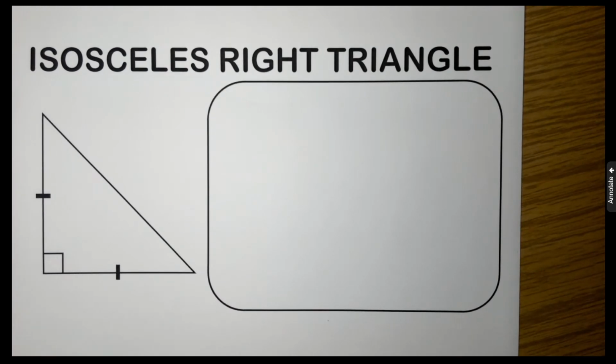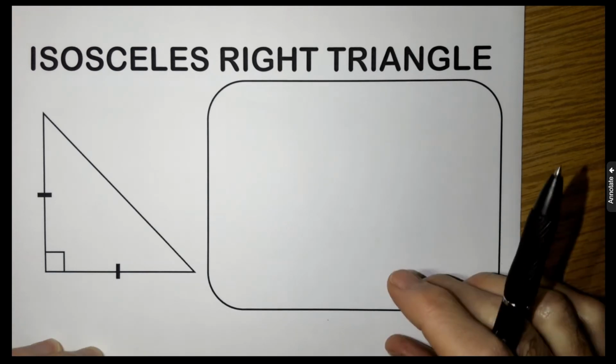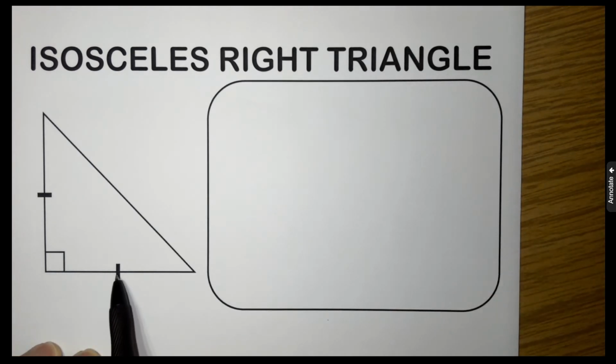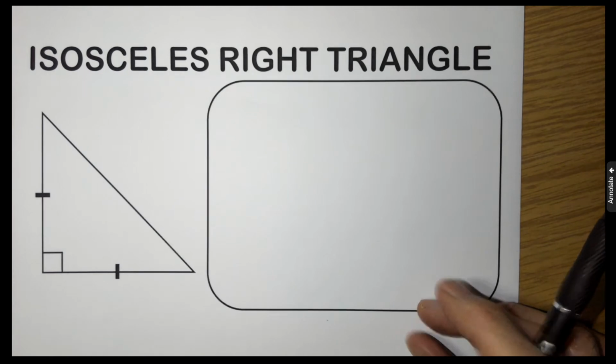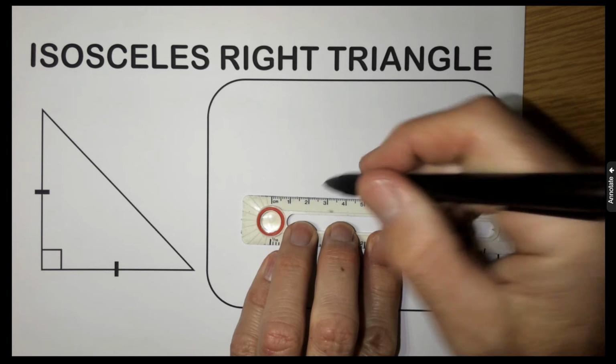Next, we are going to construct a right isosceles triangle. One way to do this is to make a perpendicular bisector construction so that we have a right angle, and then make sure that we have 2 congruent sides of our right triangle by swinging 2 arcs with the same radius. So I'm going to start out with the perpendicular bisector construction so I can have a segment of